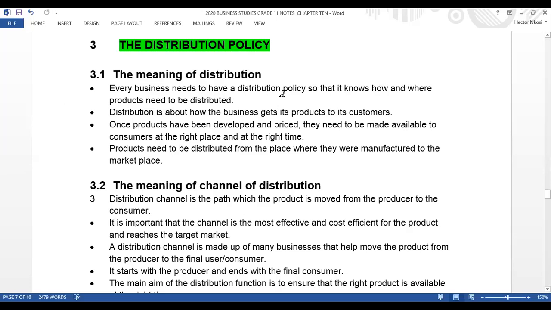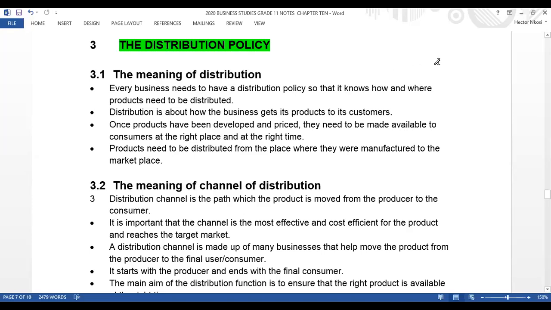For example, sometimes you get a hierarchy. I'm just going to use one business because we all love it, like Coca-Cola, right? Let's say we've got Coca-Cola as a factory. Then Coca-Cola must distribute to your wholesalers, maybe different wholesalers. Let's say we've got Coca-Cola in Gauteng and we've got 96 wholesalers in Gauteng. So Coca-Cola must say that for this wholesaler in Kempton Park, I'm going to distribute so much. In Joburg CBD, I'm going to distribute so much. In Pretoria CBD, I'm going to distribute so much. In Soweto,